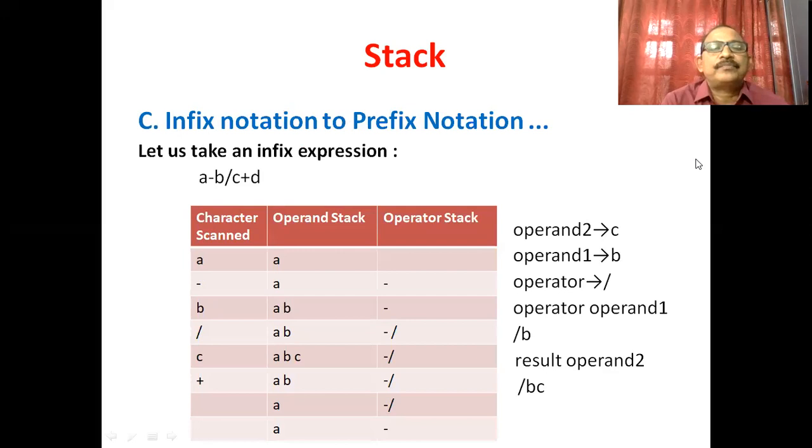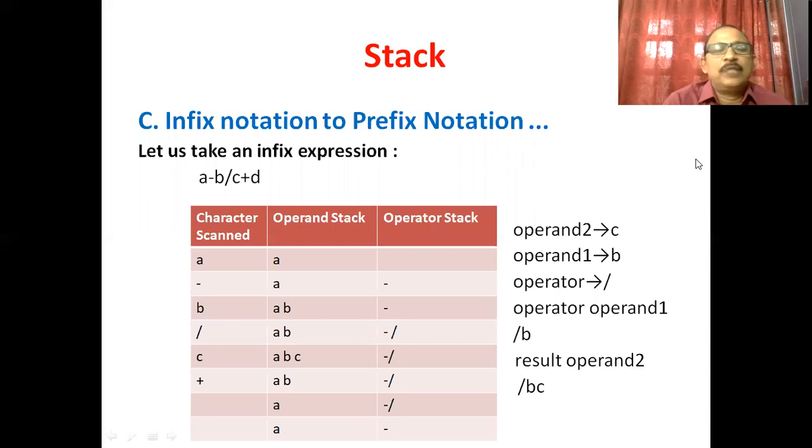Let us see. The infix expression is A minus B forward slash C plus D. Here you can see in this table there are 3 columns: character scan, operand stack, and operator stack. A is an operand, therefore push A onto the operand stack. Minus is an operator, so we push it into the operator stack.